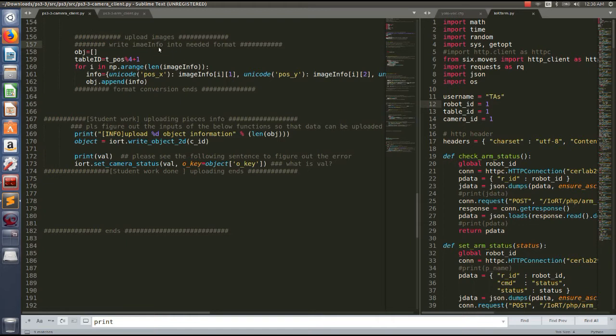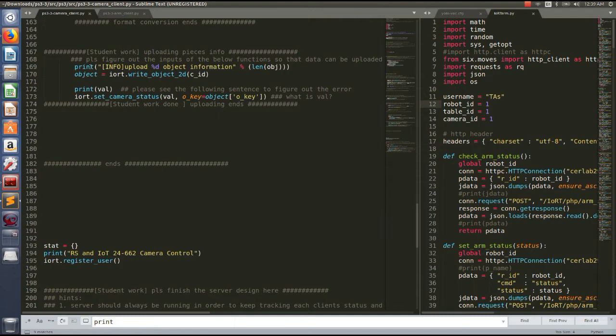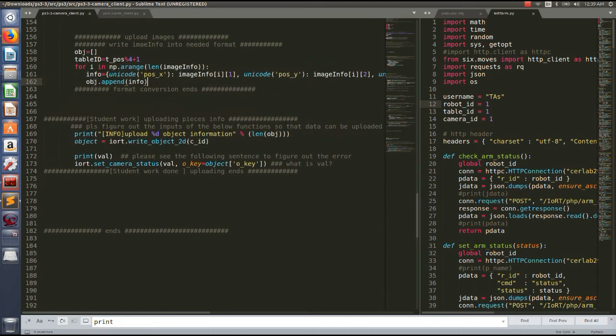So the image information format matches the format for uploading. And then here you need to figure out how to actually upload whatever we transform here. So basically the image information transformed goes to the server, and you need to figure out these functions here